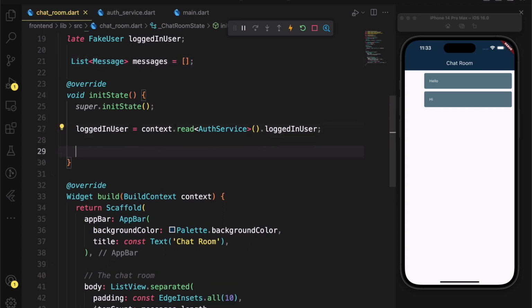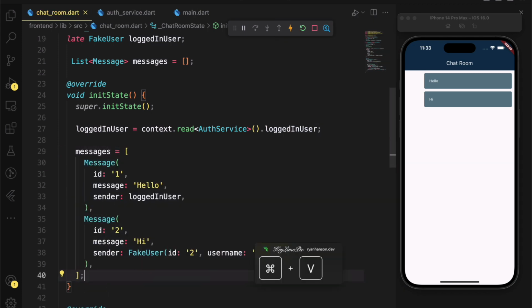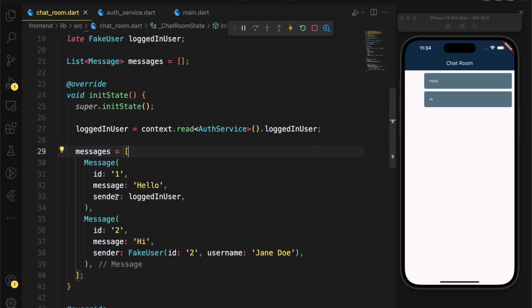It should be an empty list of messages. Then we can now set it here, down here, and we're going to restart the app, but nothing's going to change right now because we don't expect anything to change right now. Yeah, that's true. We have the logged in user.